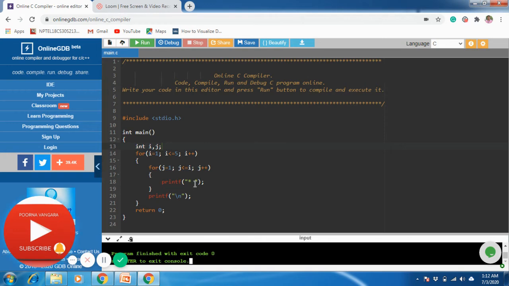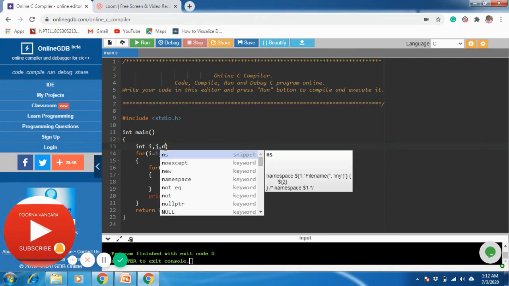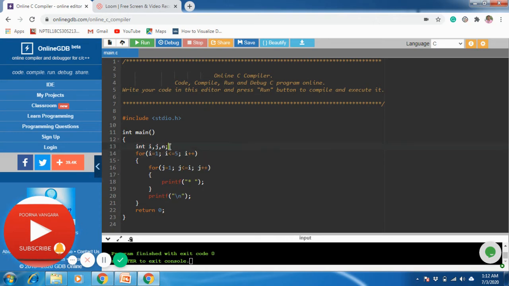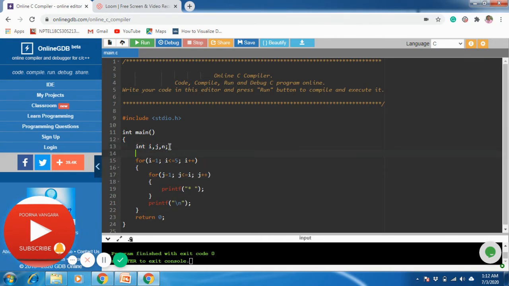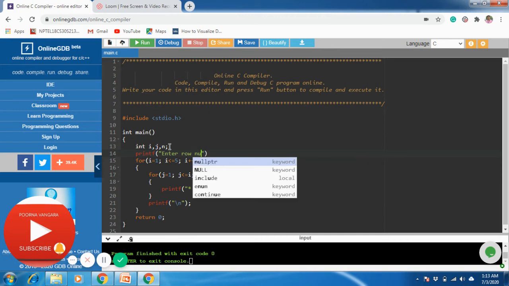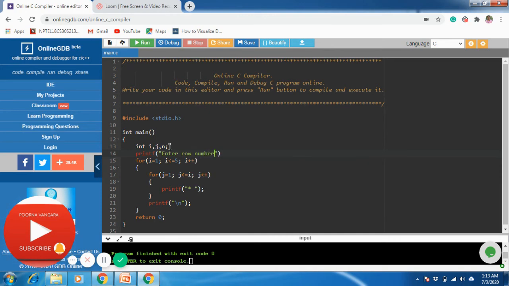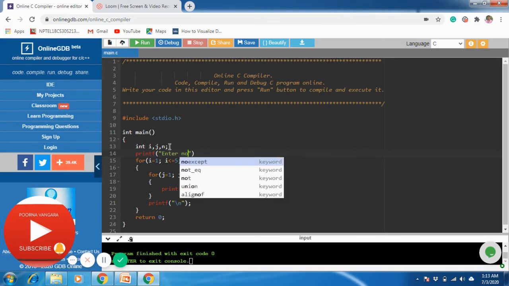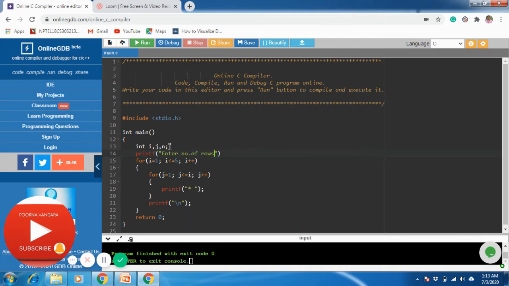If you try other printf parameters, you will get different patterns. Instead of printing a star, you can print other characters also. But before that, let me add one more variable, n, to take the number of rows from the user. printf "Enter number of rows".